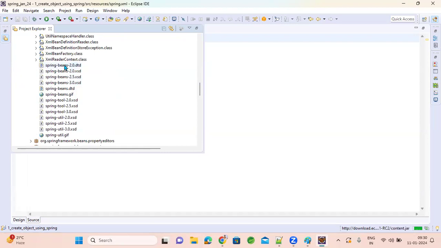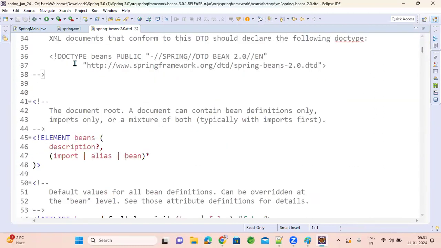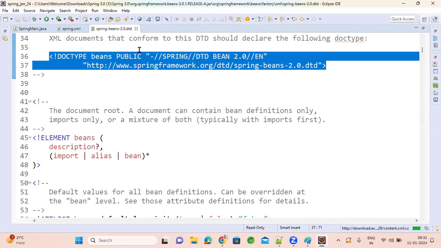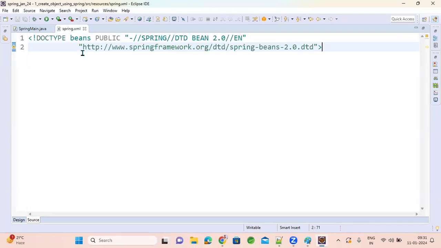And to use XMLs, right? XML is basically meant for doing better configurations. While doing Spring-based configurations, mistakenly you should not use different tags. So to control that, we need to put DTD here so that it will not allow you to make mistakes. So we will add DTD here.